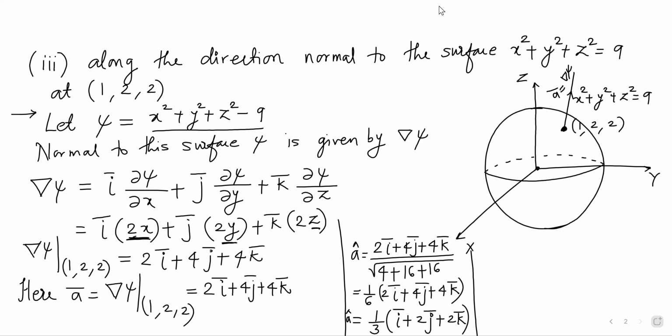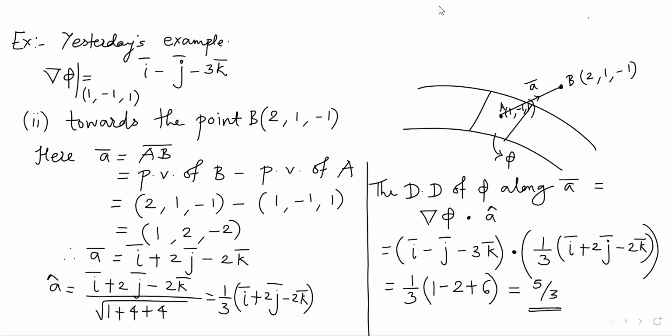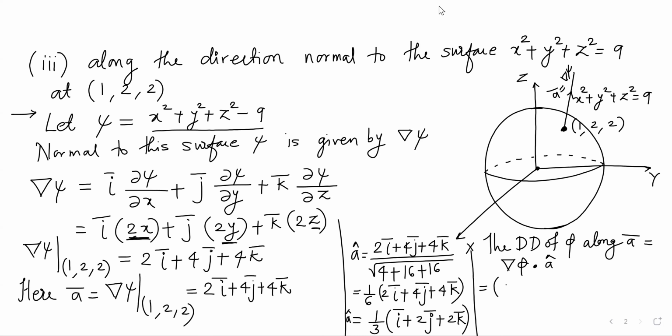Now once I get this a cap, what do I have to find? The directional derivative. So the directional derivative of phi along this a bar is given by del phi dot a cap. What was del phi? Del phi is i bar minus j bar minus 3k bar. So it is i bar minus j bar minus 3k bar dot